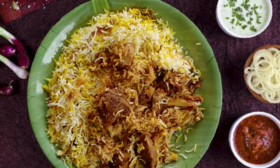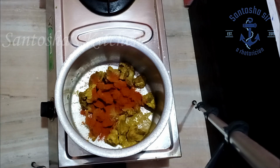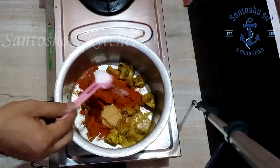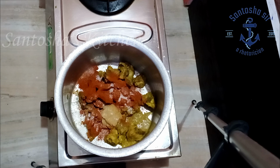Let's cook spicy mutton dum biryani today. The mutton is already cooked with 3 whistles in a pressure cooker with 1 tablespoon of salt and 1 tablespoon of turmeric and 1 tablespoon of ginger garlic paste. Now I added 2 tablespoons of red chili powder to this, 1 tablespoon of ginger garlic paste and 1 tablespoon of salt. Now in addition to this, I am adding 2 tablespoons of garam masala powder,